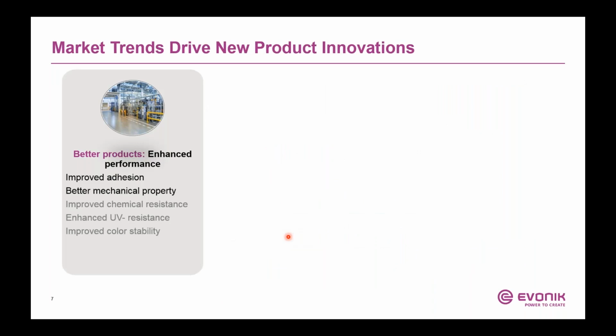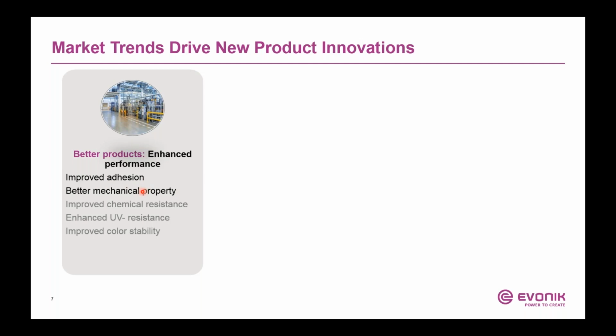So this slide now outlines the approach that Evonik takes to drive new product innovations. The three key market trends focused to develop new products for moisture vapor barrier applications are enhanced performance, improved productivity, and environmental friendliness. So to start out with the enhanced performance, the key focus here is on improved adhesion. These types of coatings are applied directly to concrete, so it needs to have very good adhesion to